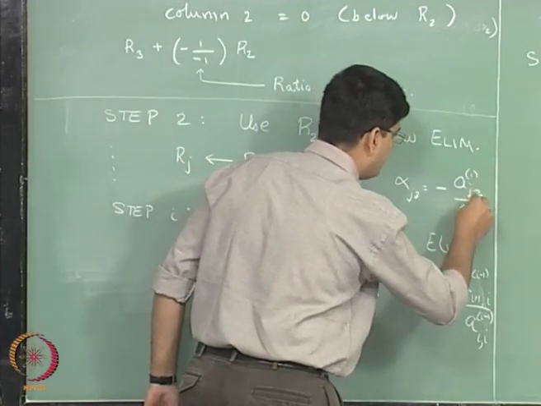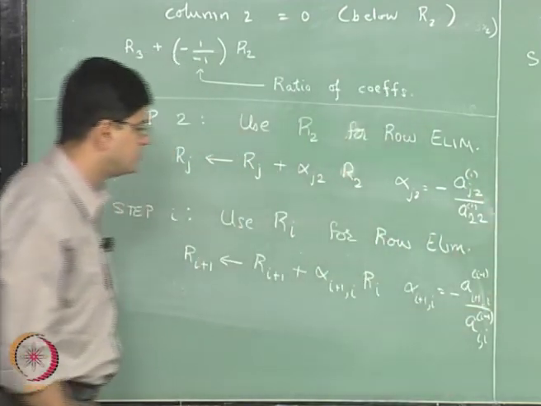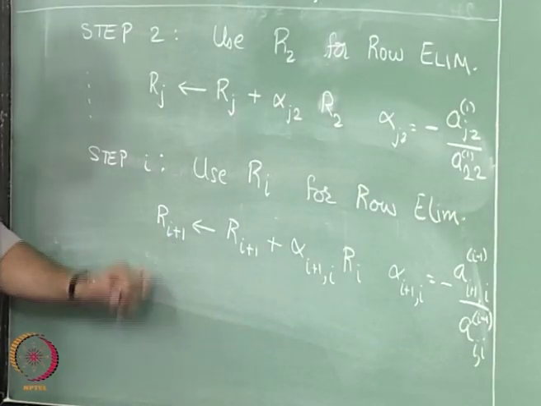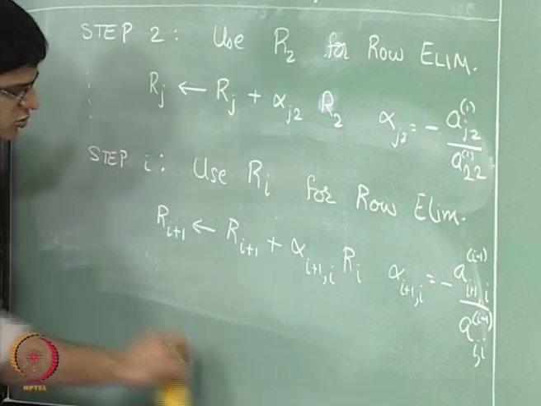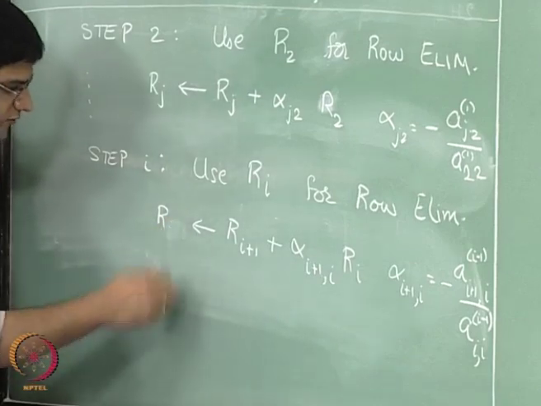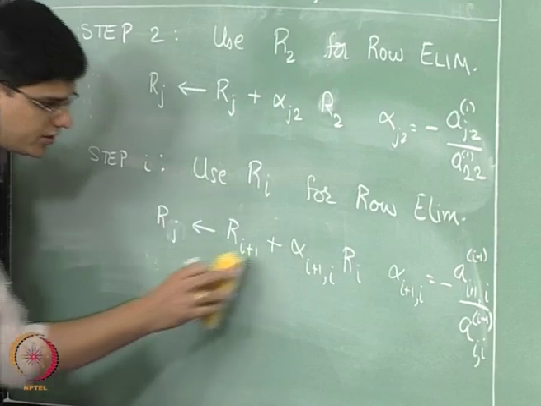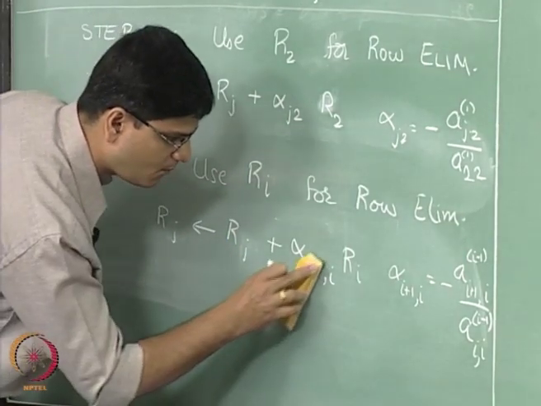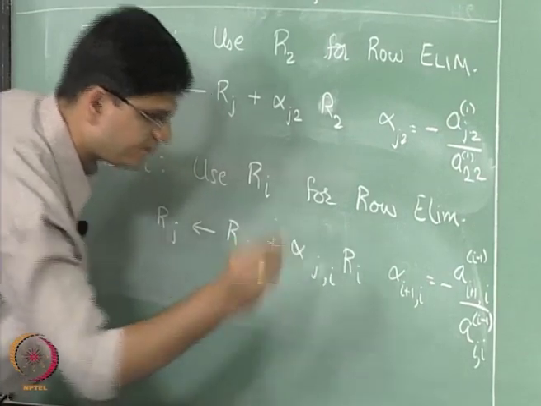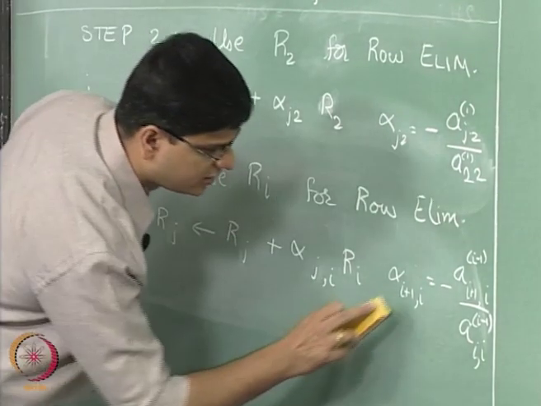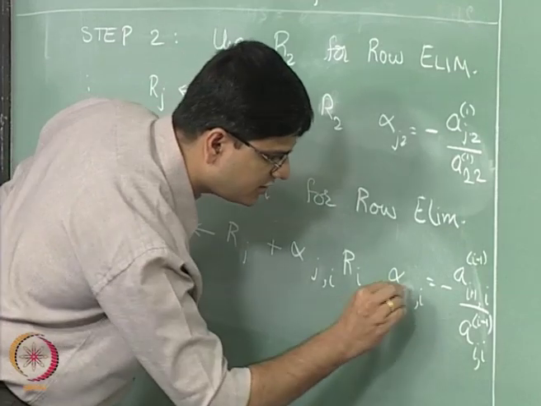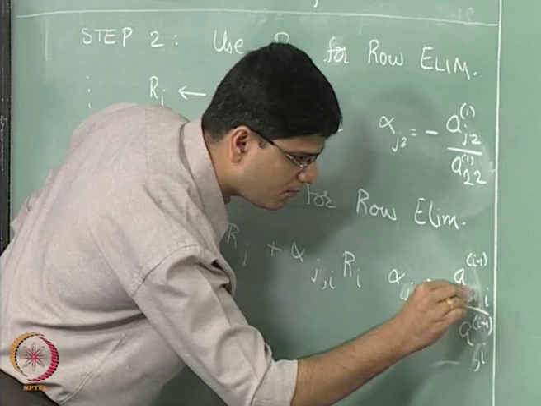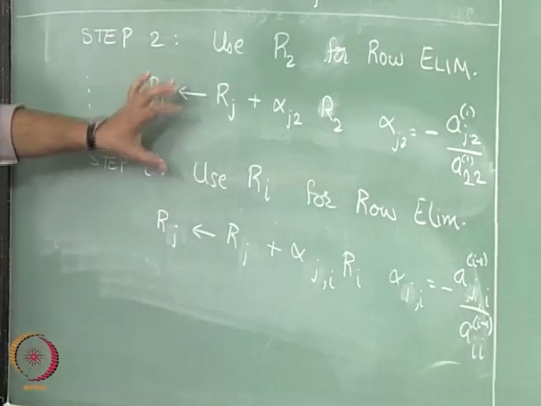In fact, we will have 1 as a superscript over here, and we do this for i plus 1, we do this for i plus 2 and so on. So, we can replace this i plus 1 with just j over here, and so all the i plus 1s will be replaced by j. So, this is what we end up doing.